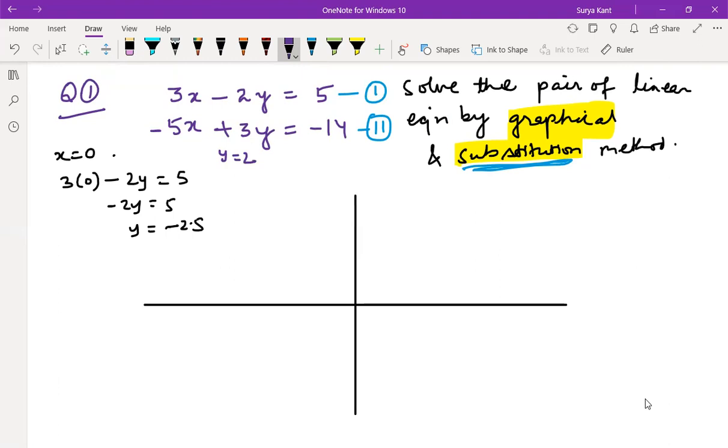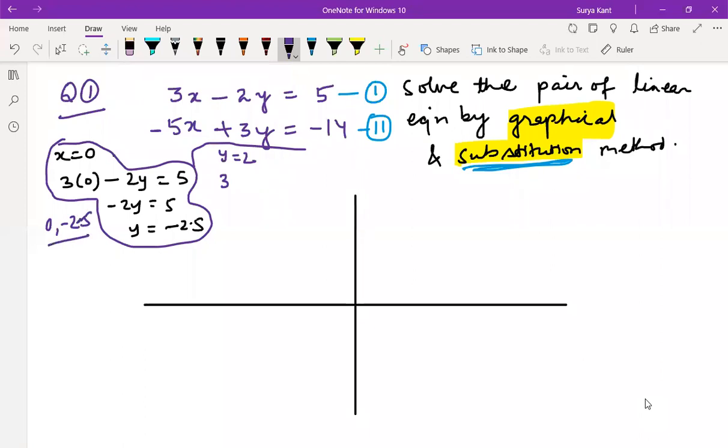Then we need to keep x also 2, sir? Not required like that. From here we got one coordinate, no? Sir, if we give x as 2, then y will get one answer. Wait, let me finish, then you ask the question. You are confusing so much. See, this is one coordinate, 0, comma, minus 2.5. Okay, Saicharan, this one coordinate we got, one point. You can take any point on y, not a problem. You should take 0 only.